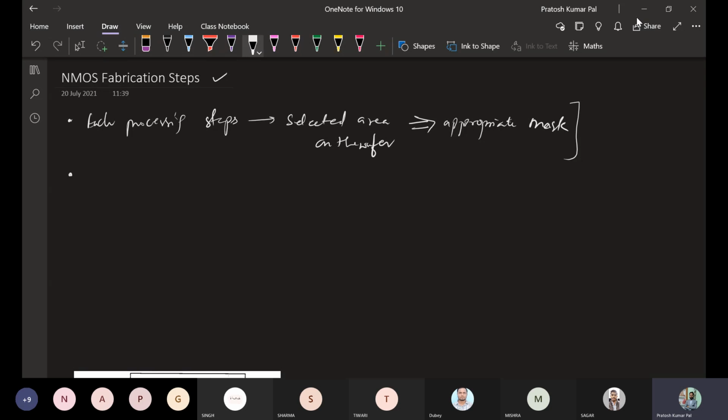If it is masking, we are going to use a mask, and then we are going to use either photolithography or electron beam lithography. So each deposition of these layers is going to have patterning, and that pattern transfer is done by the process called lithography.